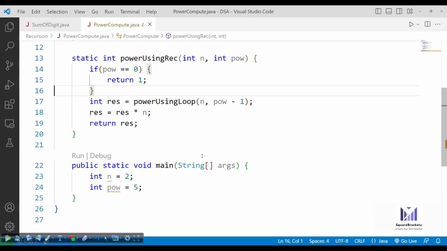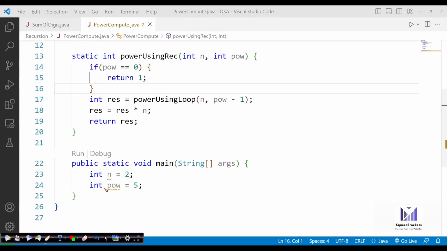So let's talk about how exactly the recursion version is going to work. First of all, we will call this power function and pass 2 comma 5. It is doing nothing. There is no processing logic. It simply divides the problem into a smaller problem.